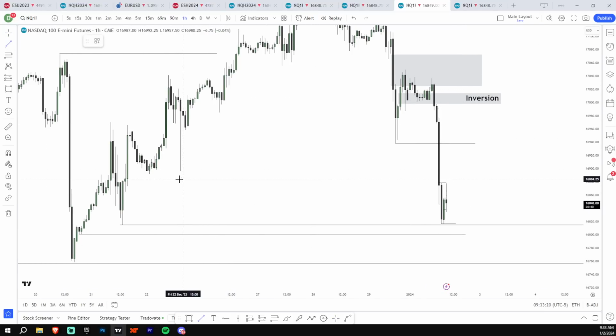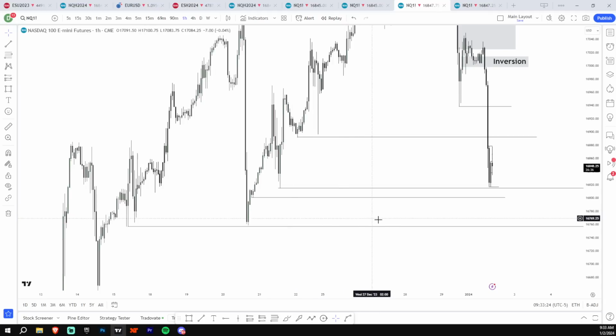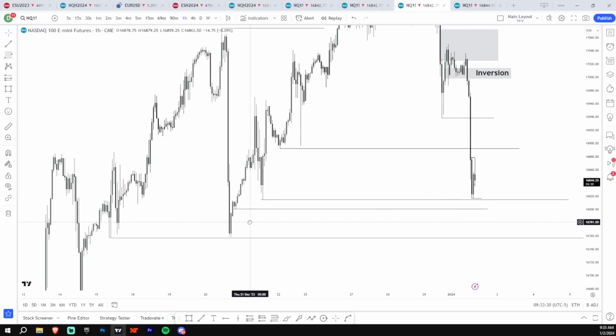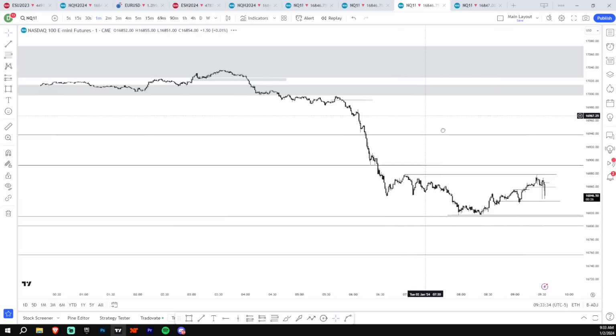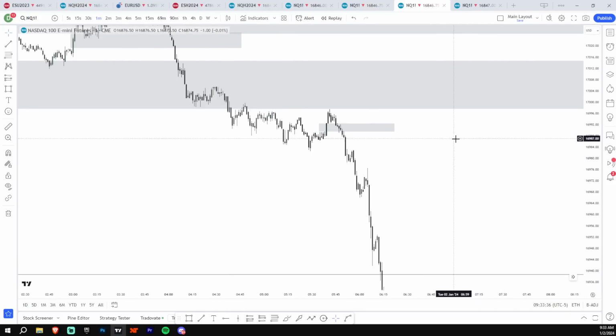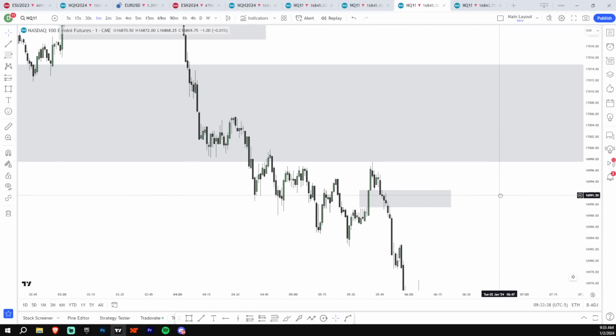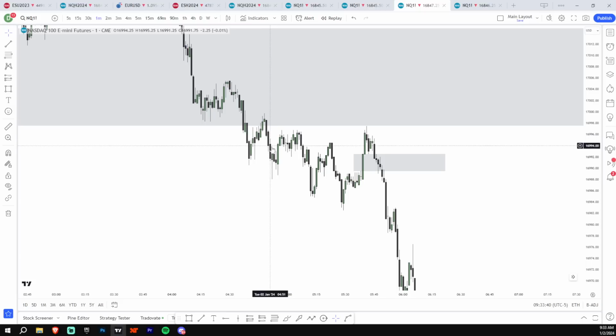The equal lows I called out, which I said this would also be sell side. And then the target's actually still in play. This is the last target right here. All right. So that was kind of my call out yesterday. And after that 1 hour closed, you get a couple textbook entries. So the 1 hour closes below here.